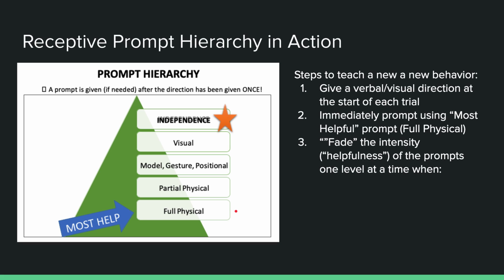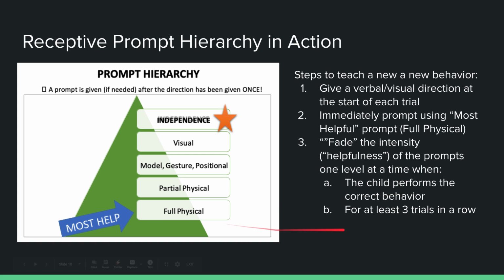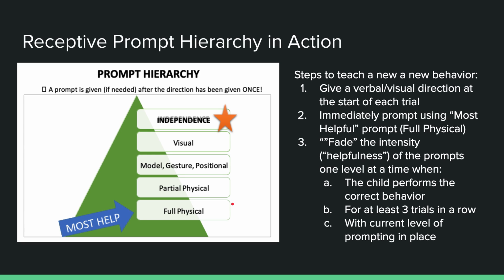Then we're going to fade the intensity or helpfulness of the prompts one level at a time when the child performs the correct behavior for at least 3 trials in a row with the current level of prompting in place. So for those first 3 trials, we're using full physical prompting. After we get the correct response with full physical prompting 3 trials in a row, then we do partial physical prompting. We use partial physical prompting until we get 3 trials in a row